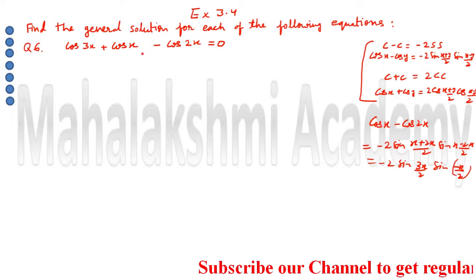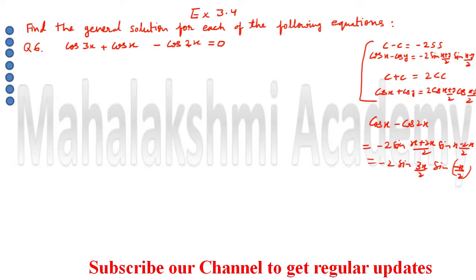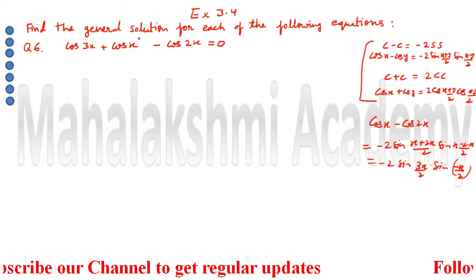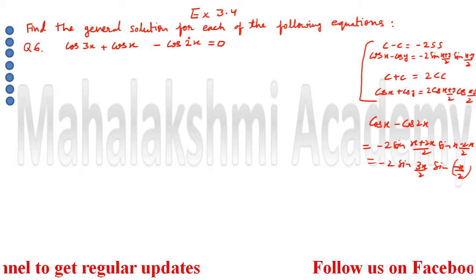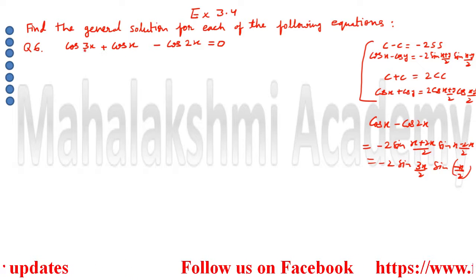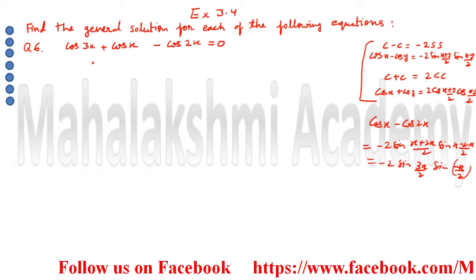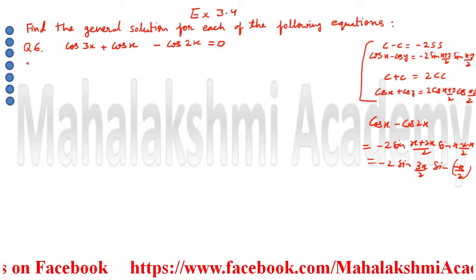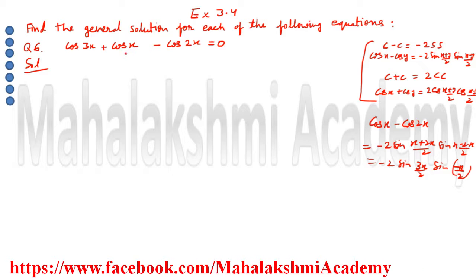Now which one should we select? Again, one student can select cos 3x and cos 2x. If you select cos 3x and minus cos 2x, then 3x plus 2x is how much? 5x. And 5x upon 2, again you cannot cancel. That's why, students, it is better to select 3x and x. So I am going to select these two trigonometric ratios. I hope it's clear why I am selecting cos 3x and cos x for using the formula.